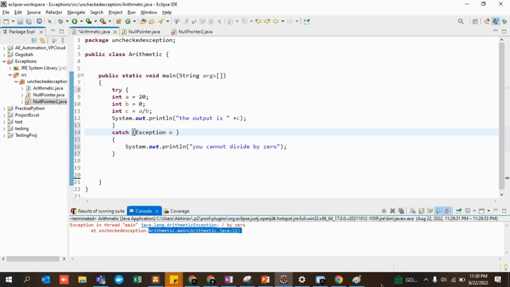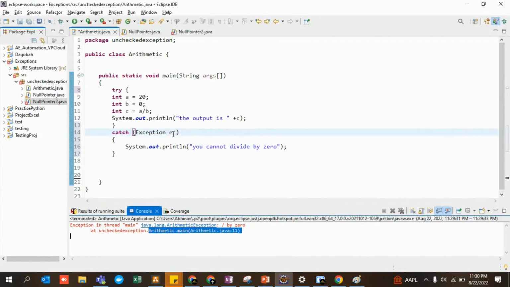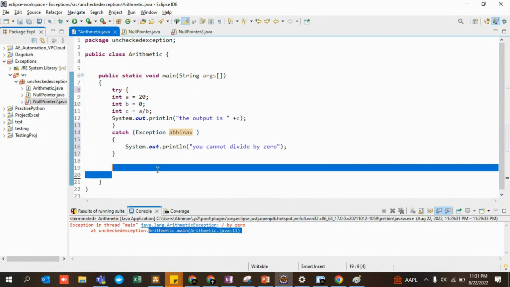Just refer to my diagram, and you see this is your Exception, on top of your hierarchy. So if you define an object of Exception, let's say e, and print something, then also it will print something.